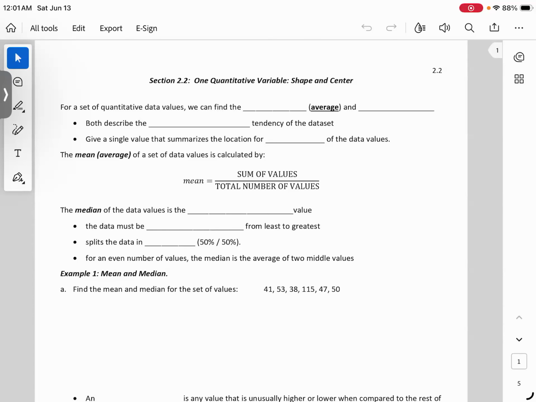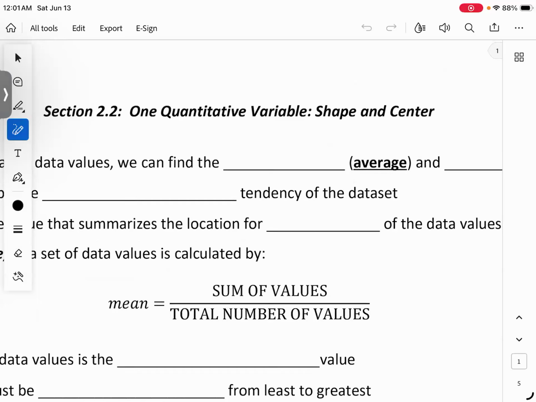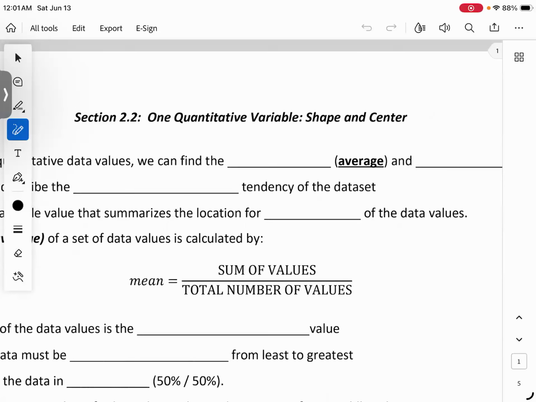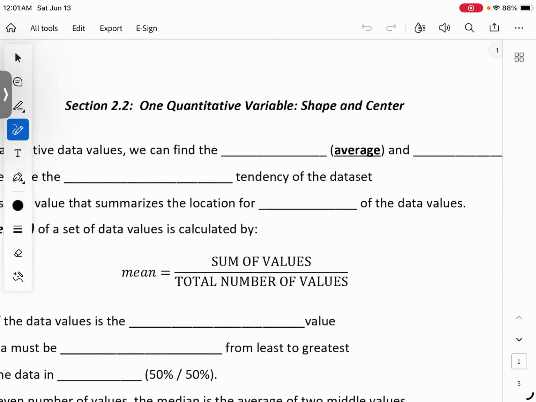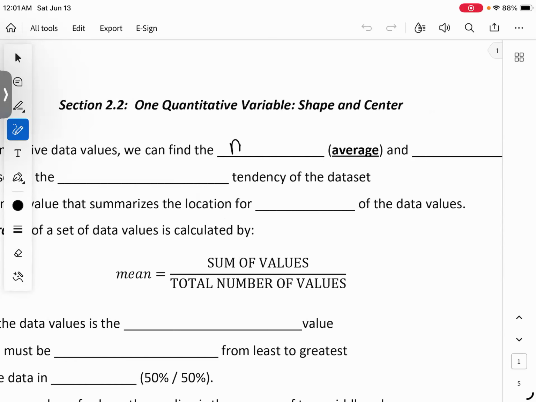All right. For section 2.2, we are going to be looking at quantitative information, specifically whenever it's just one variable that's quantitative. And remember, this is information that's based on numerical values. And one of the things we mentioned about this type of variable, it's typically something that you can calculate the average of. But today we're also going to include the median. So let's get started. We've got mean